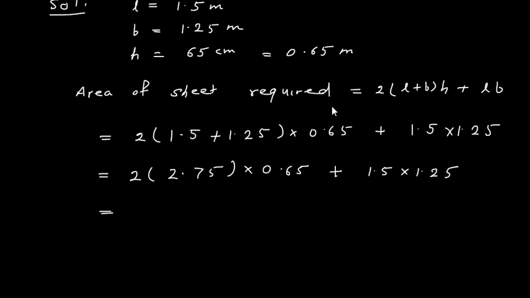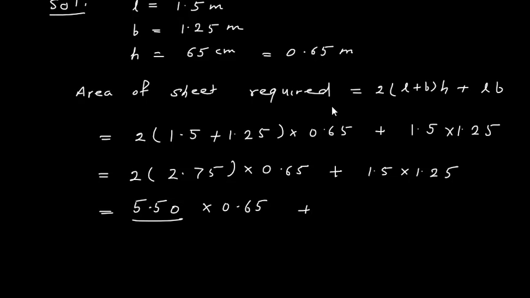Now if I multiply this 2 with 2.75, 2 5s are 10, I will get 0. 2 7s are 14, 1 15, I will get 5. 2 to the 4 1 5, so I will get 5.50, that is 5.5 multiplied by 0.65 plus here, now